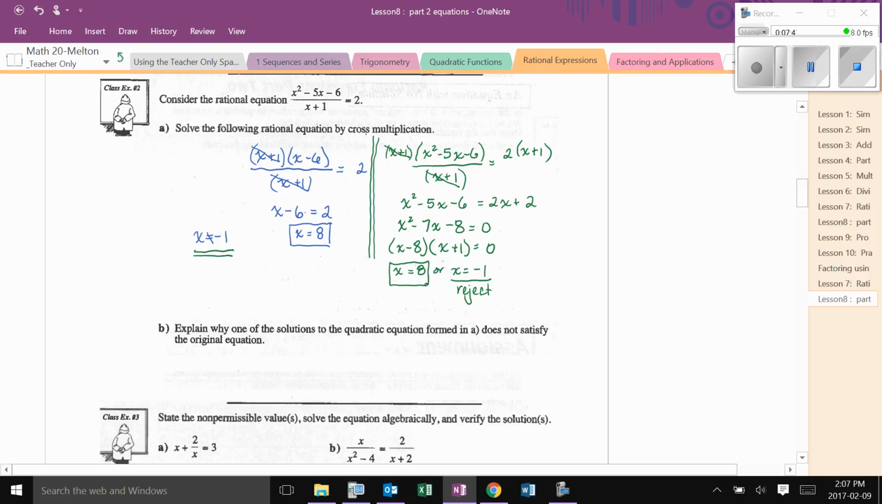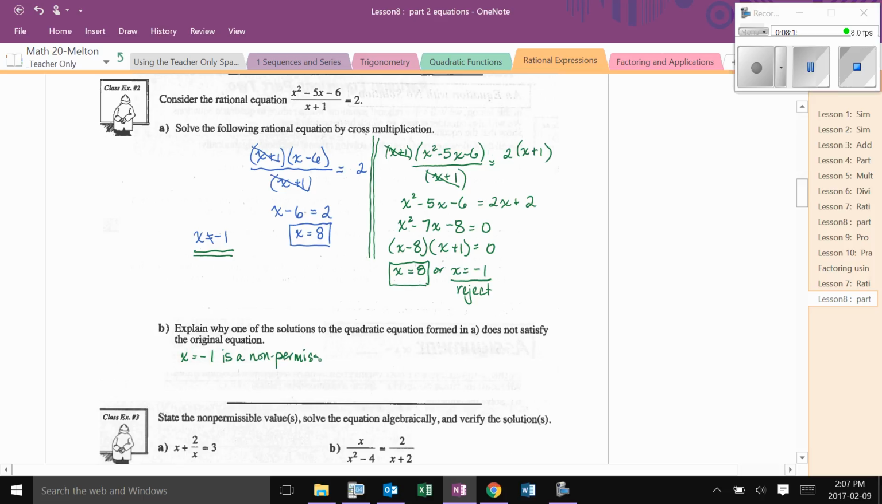So ideally, factor first. If you can simplify, you can see it also took us a lot less time to get to that same solution. Okay. So explain why one of the solutions to the quadratic equation does not satisfy the original equation, and we can say that because x equals -1 is a non-permissible value,